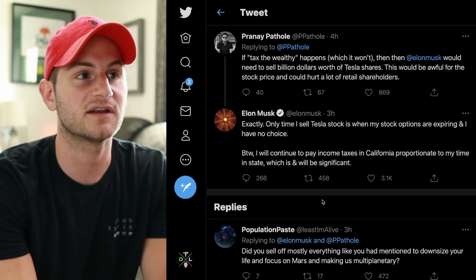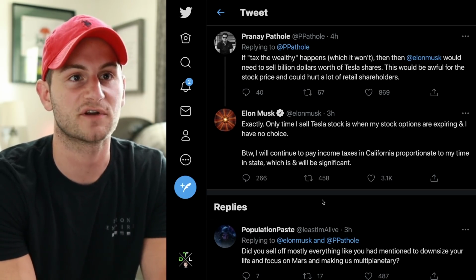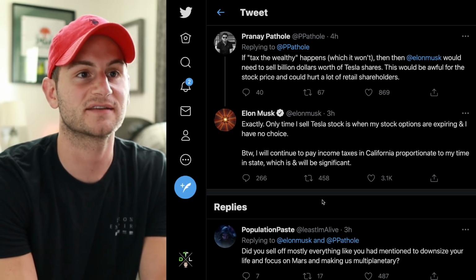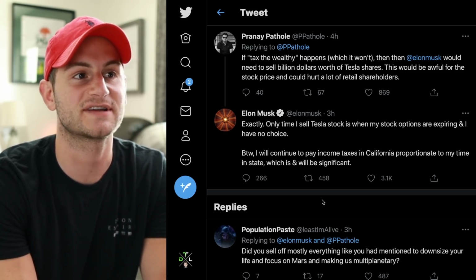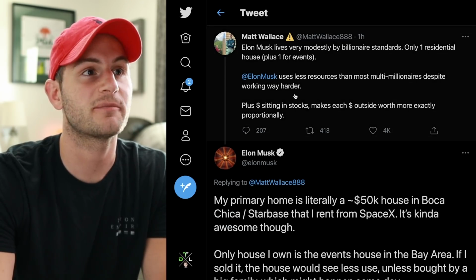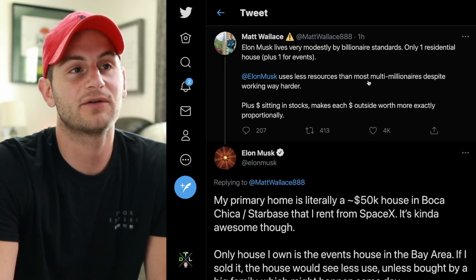But Elon said the only time he sells Tesla stock is when his stock options are expiring and he has no choice. And he will continue to pay income taxes in California proportionate to his time in the state, which is and will be significant. And in response to a tweet from Matt Wallace about Elon basically being green himself and not being wasteful,